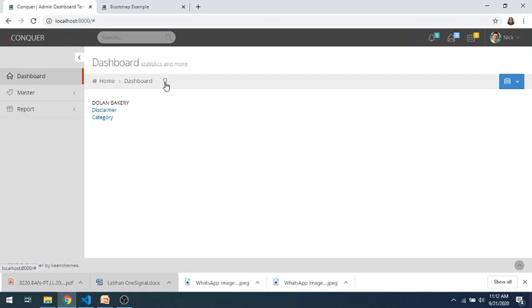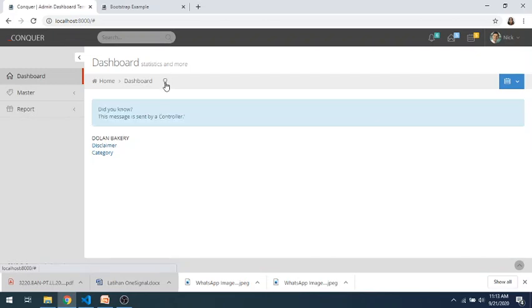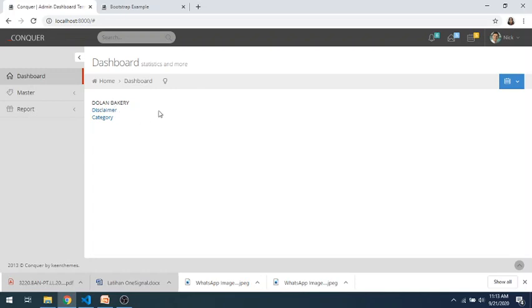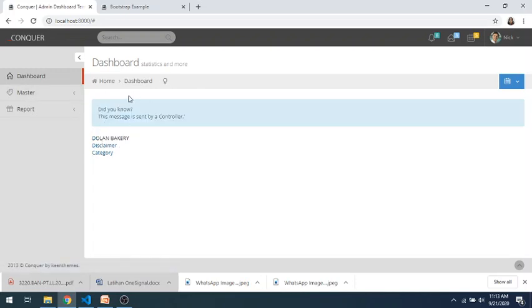We click the bulb icon. Okay, and the message is shown here. Okay, I repeat, we click the bulb and the message is shown here.